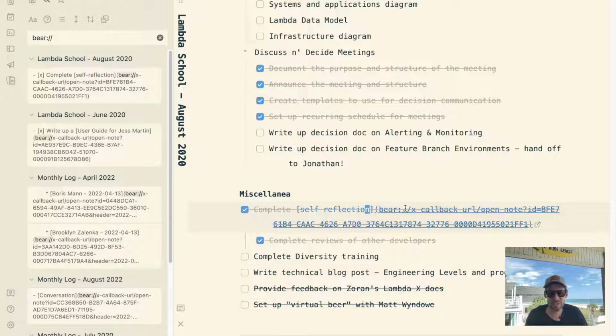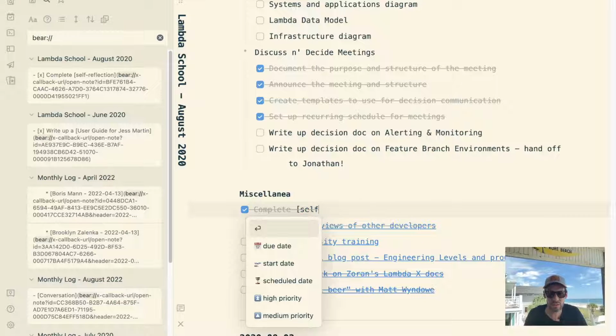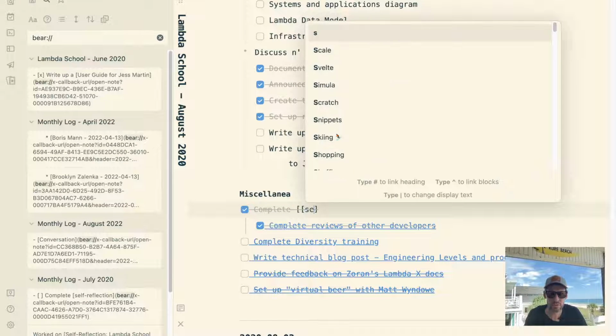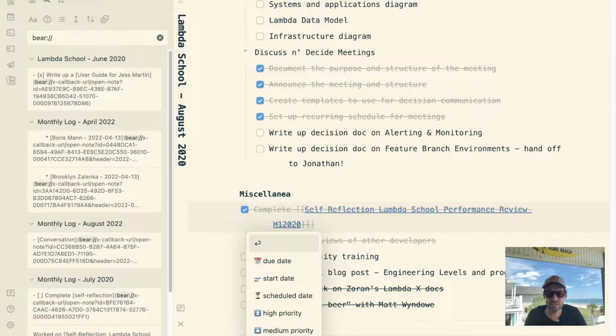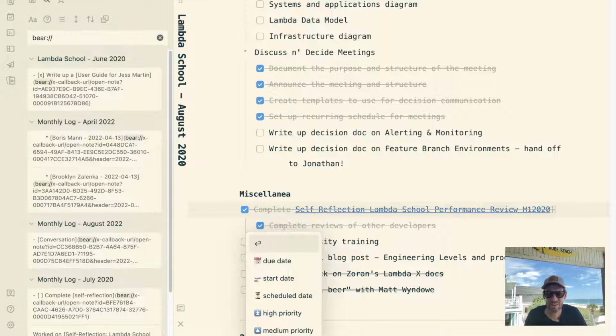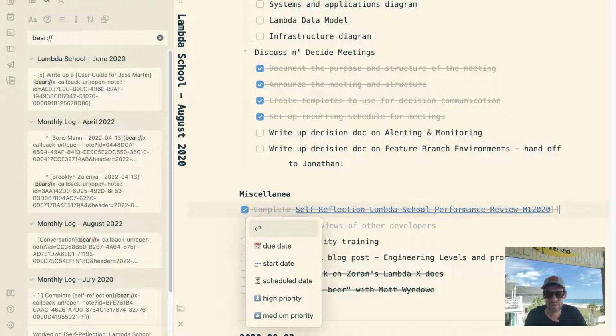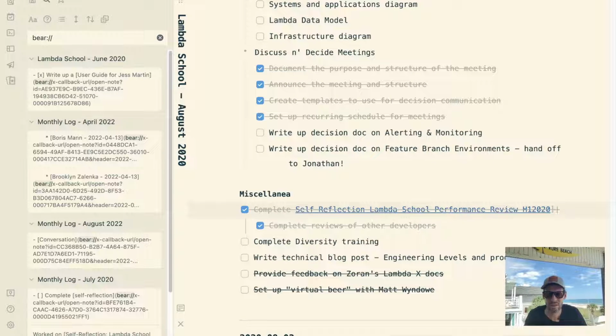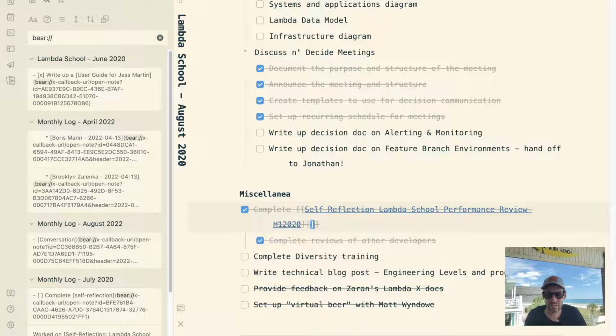All right, so complete self-reflection. I'm just going to change this to be a wiki link to self-reflection. That one. Did I get it right?